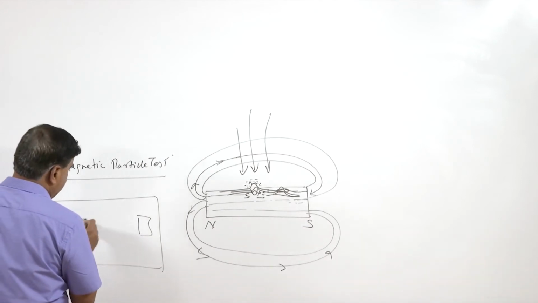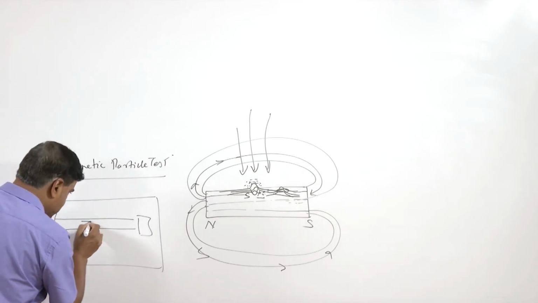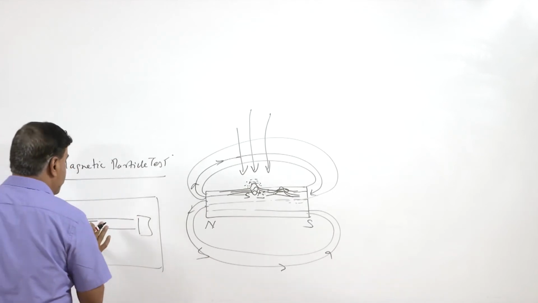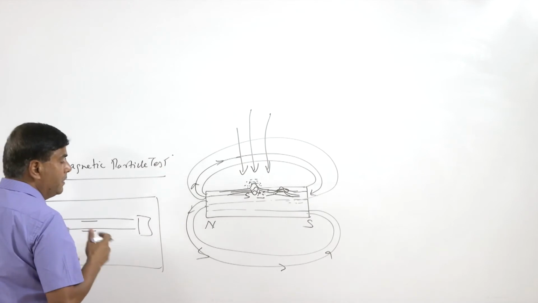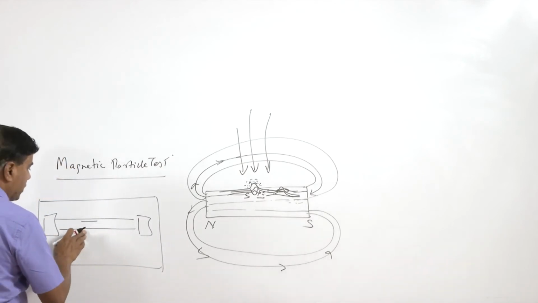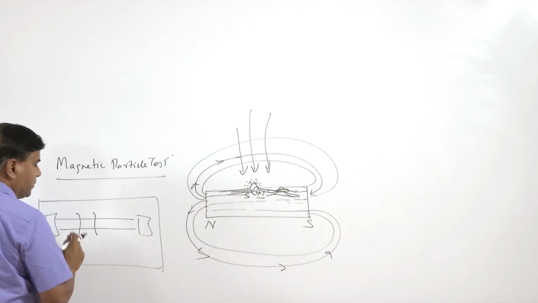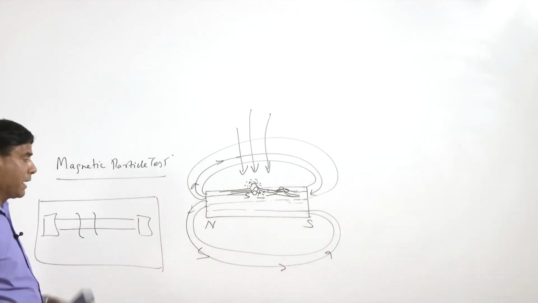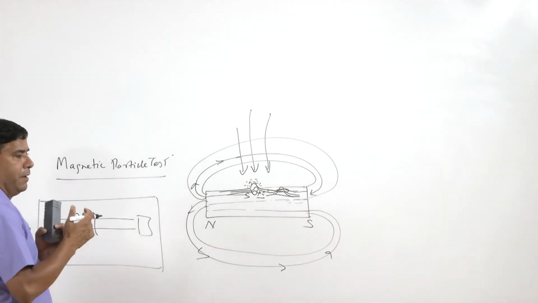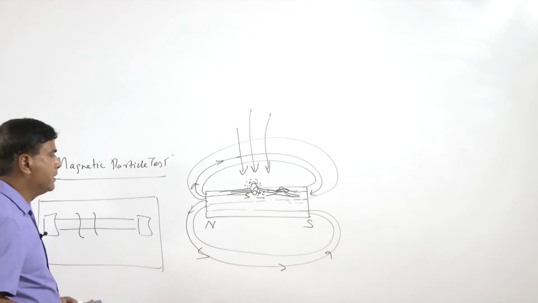So, say the magnetic lines of force will be moving like this. If the defects and discontinuities are parallel to the lines of magnetic force, then it will be difficult to detect the presence of discontinuities. So, detection becomes easier when the orientation of the defects and discontinuities is perpendicular to the lines of the magnetic forces. So, not just one direction of magnetizing is required, but we may require magnetization in different